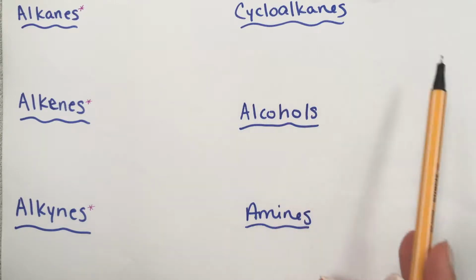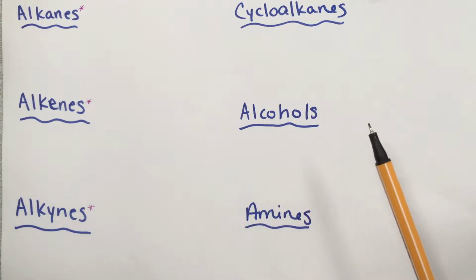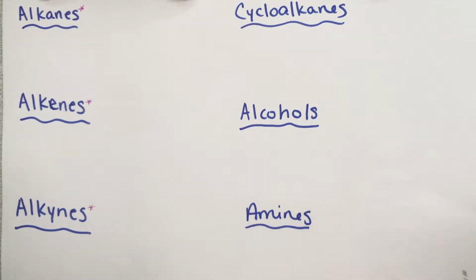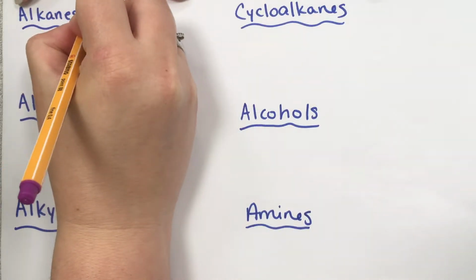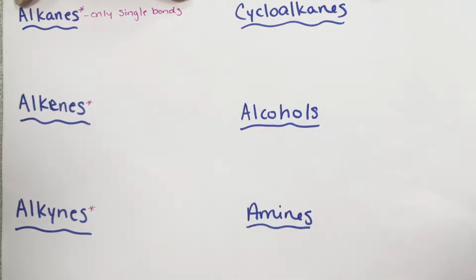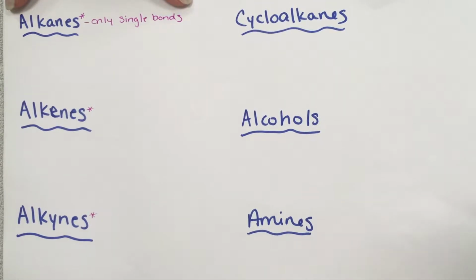The aromatic compounds and the other functional groups that you'll just need to recognize, but not necessarily name the whole compound. So let's get started. So an alkane is just a compound that contains only single bonds, and when you name them, you just look at the parent chain. So on your notes, you're really just going to have to go back and look at the prefixes